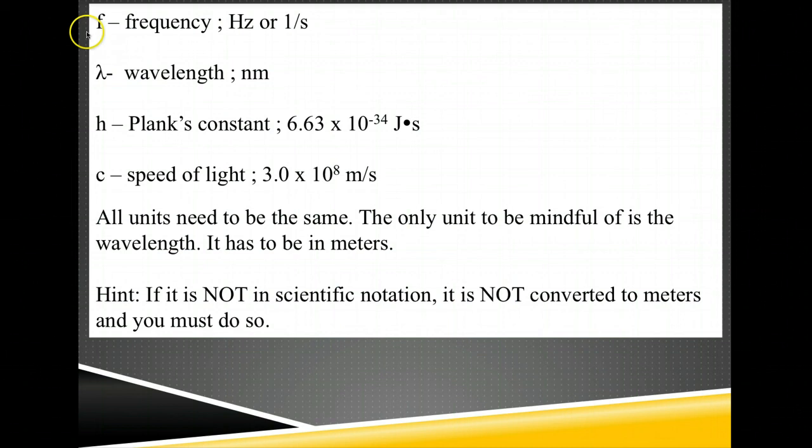Okay, our first variable is F, and that stands for the frequency, and the units are hertz or 1 over s. It's the same thing. Then our next variable is the lowercase lambda, the Greek letter, and that's the wavelength,